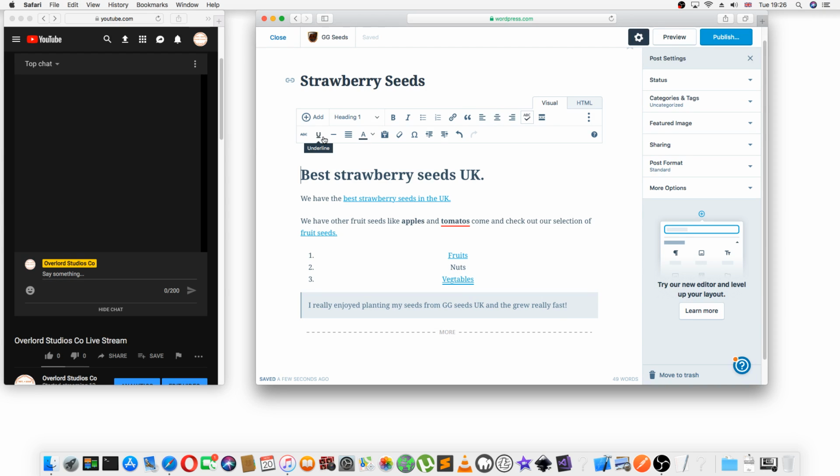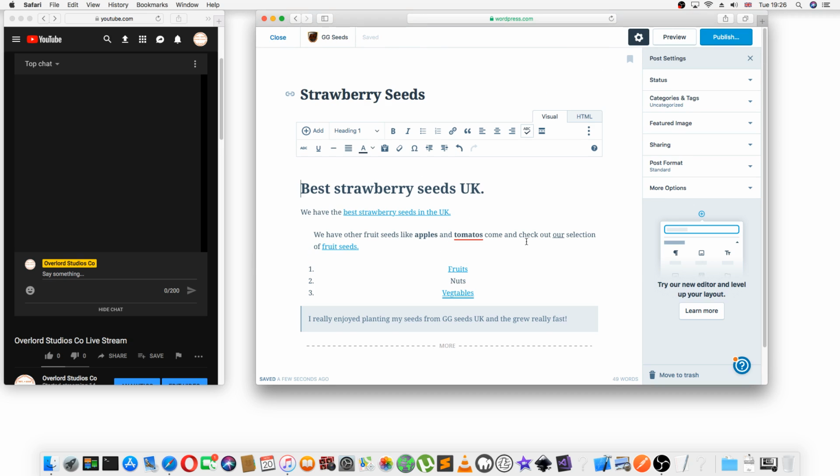What else? You can underline stuff. Put a horizontal rule, special characters. You could indent this guy here. Probably play around with this all day. Okay. So